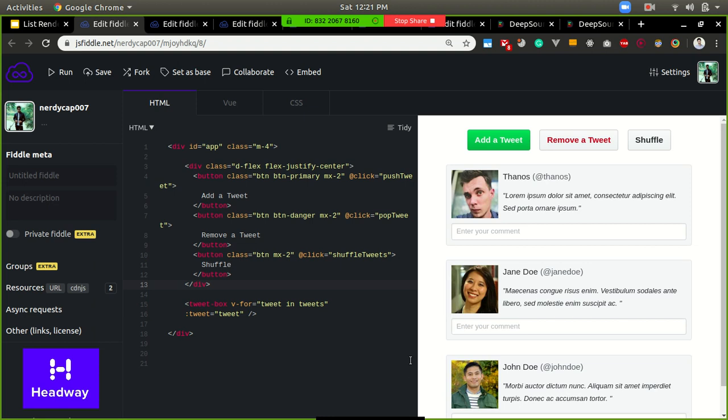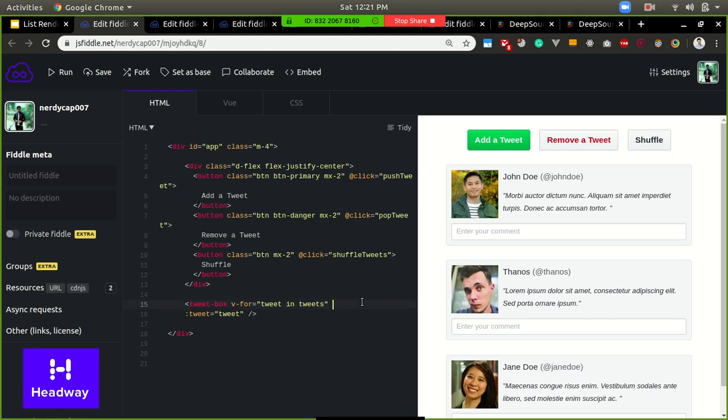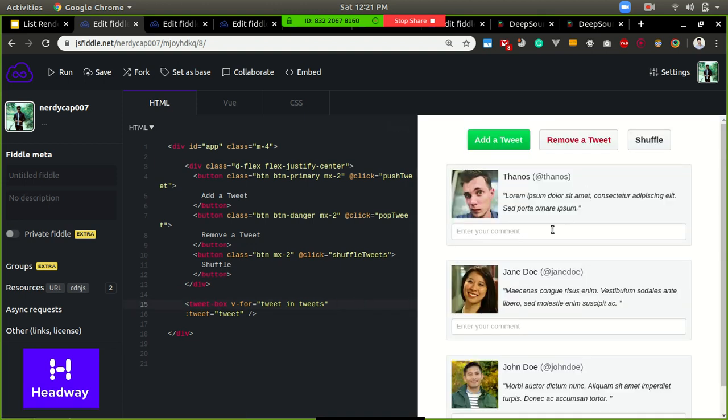Yeah, okay. So it's the same example again, the different tweets example. Now I have a new button over here, which is the shuffle button, and all it will do is randomly shuffle everything. So now what I'm going to show is I'll write something over here.